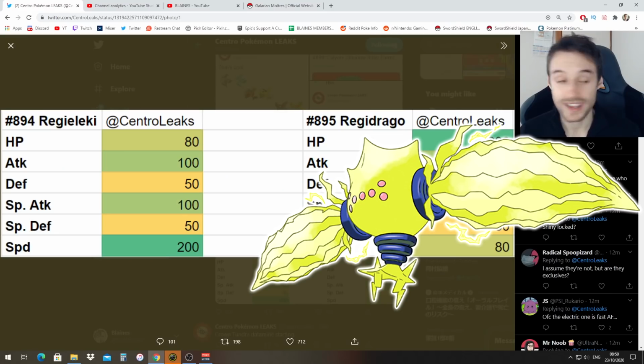The Regis, okay, Regieleki and Regidrago also got some major stats, much bigger than the birds we just saw. Speed on Regieleki is 200 base, that's 200. That's just insane. You don't even need to ever put a scarf on this thing, never. But it's also got the spread of 100 attack and special attack, giving you the option to go as a fragile, albeit heavy hitting, attacker or special attacker of your choosing without needing a scarf,